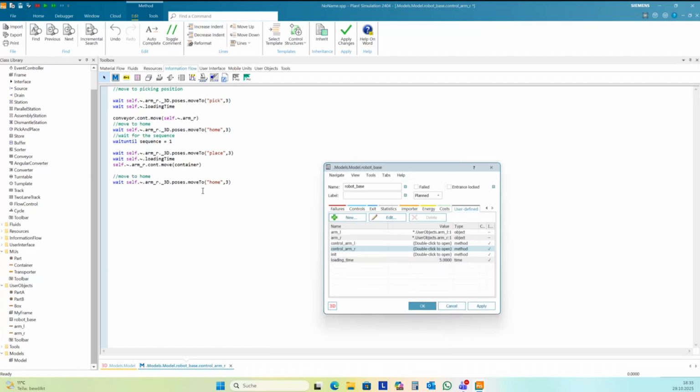And set a new number for the sequence to start the assembly of the left arm. And this is sequence number 2. And at the end, I call the method itself to start the next cycle for the robot.